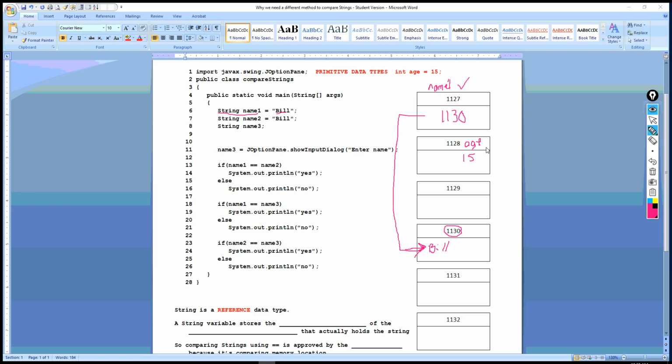These are called primitive data types. And so if name 1 was primitive, it would put Bill right inside here. It would put Bill instead of the 1130. But it's not. It's a reference data type. So let's pause this. Okay, so what happens as we go on is that it's referring to where Bill really